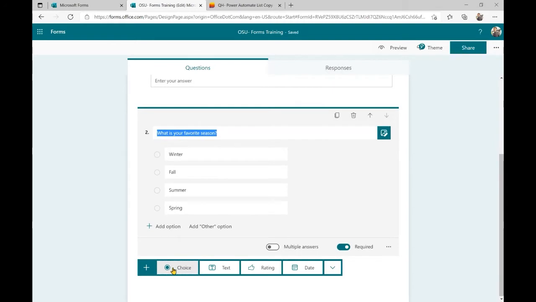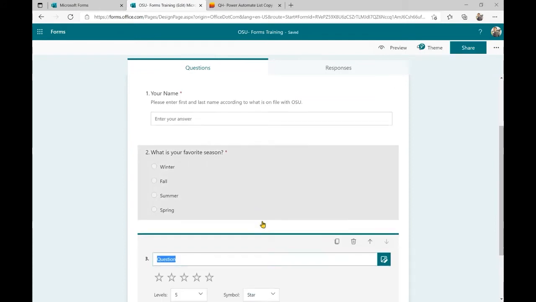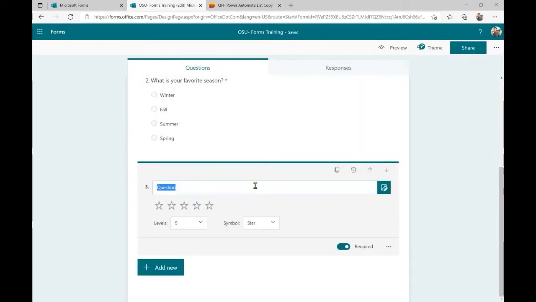So now we'll go ahead and add another question. You'll see here we have a rating. So we'll say, how would you rate your performance this quarter? So you can choose to have this be levels and the symbols be a star. Now you can choose to go all the way up to 10 levels, or if you don't want stars, you can have numbers.